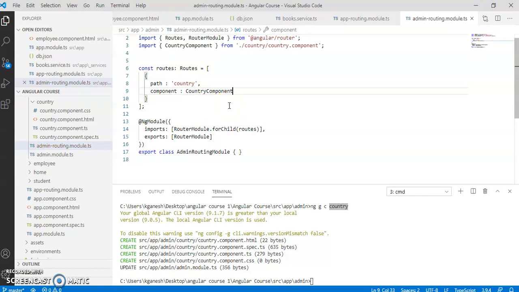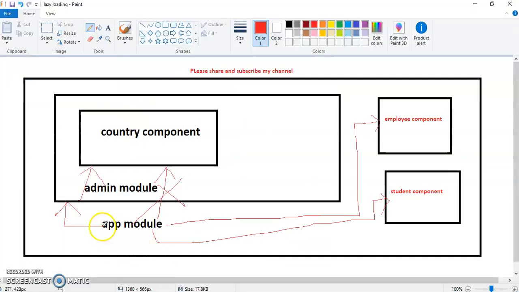So in order to load the country component, we first have to reach the admin module from the app module, and from the admin module to the country component. Again, I am repeating: we cannot redirect right from the app module to the country component directly, because it's not lazy loading.